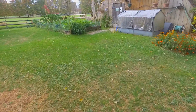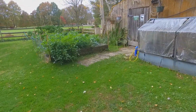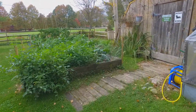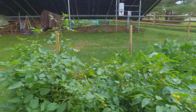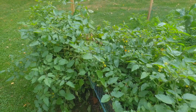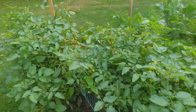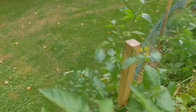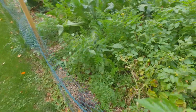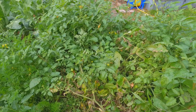So that being said, we'll amble on over here to bed number 1. And look at this thing. This is what you call quite a tomato plant. If you remember from a month or so ago, it was just a volunteer that came up, and I decided to let it grow. And not only did it grow, but